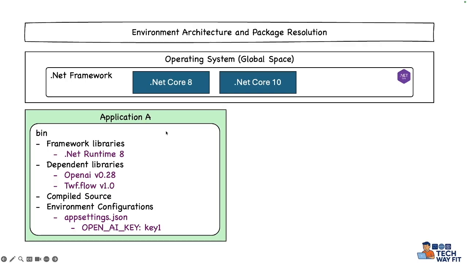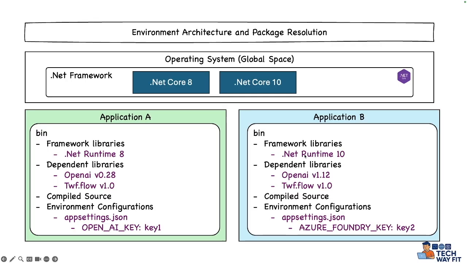So let's think we have a different application, right? This application can have different runtimes, different dependent libraries, and different configuration in the source code, right? Now whenever we compile all those things in a .NET application, it all gets compiled and housed within the bin folder. So when we run the application, we run from within the bin folder, which we call, let's say, your runtime